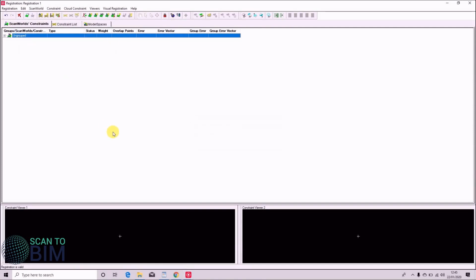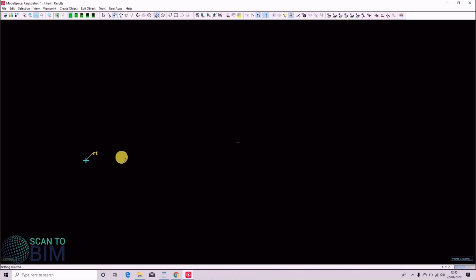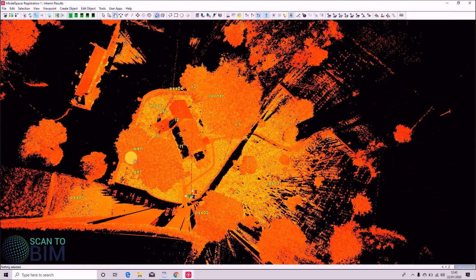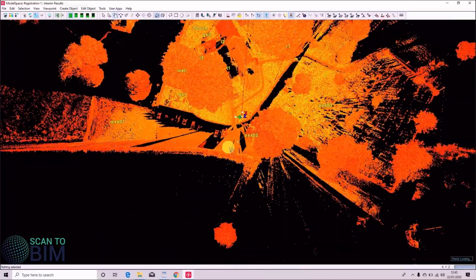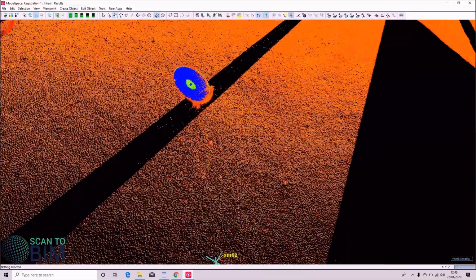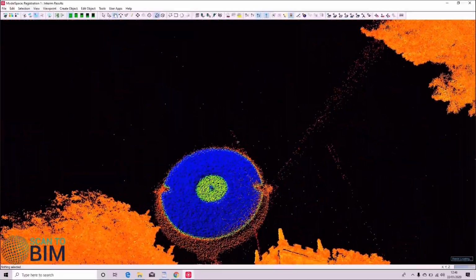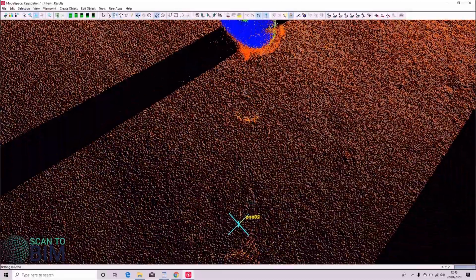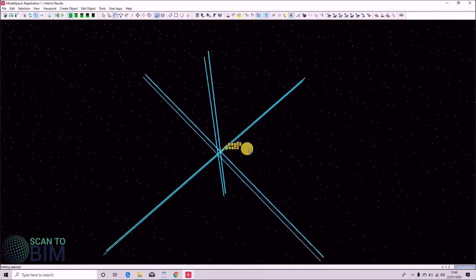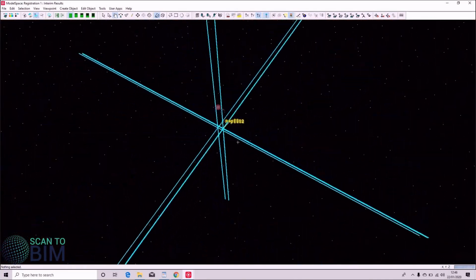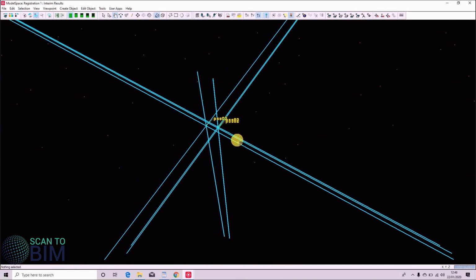So before we move on to georeferencing our data, I'm just going to have a quick look at the interim results, and we're going to look at one of the targets, PSS02 I think. Now you'll notice straight away that the target height's been applied, so the target's vertex is no longer in the centre of the target, it's on the floor directly beneath, hopefully on the nail. But here you can see that we have numerous positions for that vertex, and that's where the scans have been joined, and we've got a slight